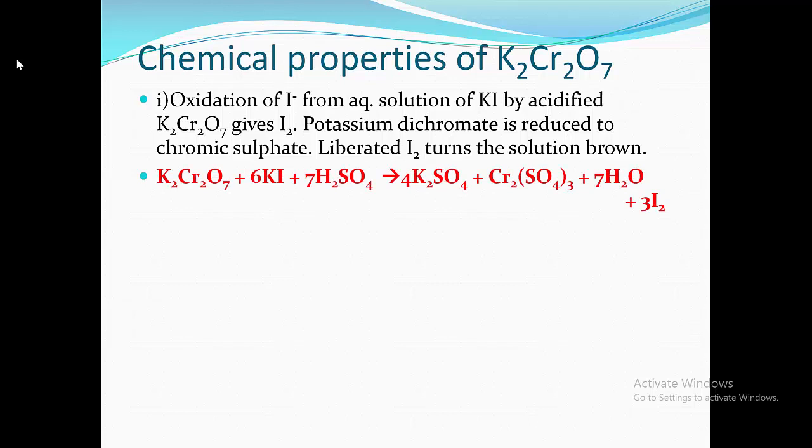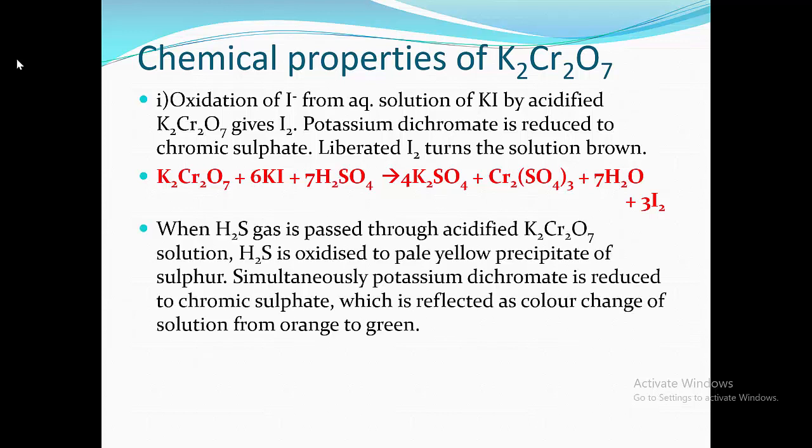K2Cr2O7, that is potassium dichromate, plus 6KI plus 7H2SO4 gives 4K2SO4, that is potassium sulfate, plus Cr2(SO4)3, that is chromic sulfate, plus 7H2O plus 3I2. In this reaction, iodide is oxidized to iodine molecule. Next, when H2S gas is passed through acidified potassium dichromate solution, H2S is oxidized to pale